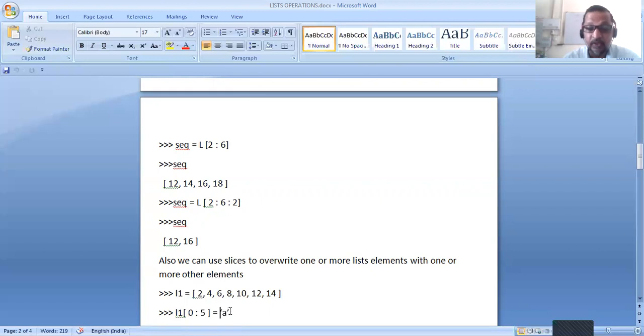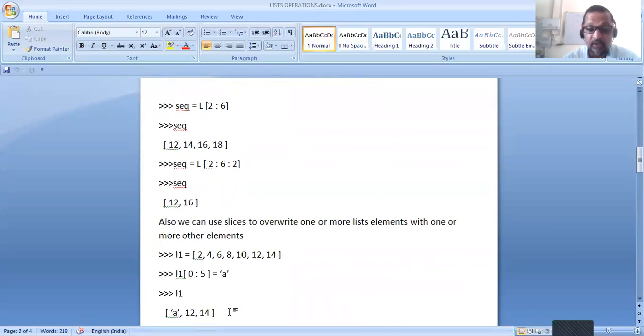Then what will be the L1 value after this command? A, 12, 14. Indexes 0, 1, 2, 3, 4, up to 10, will be replaced by A, and then 12, 14.